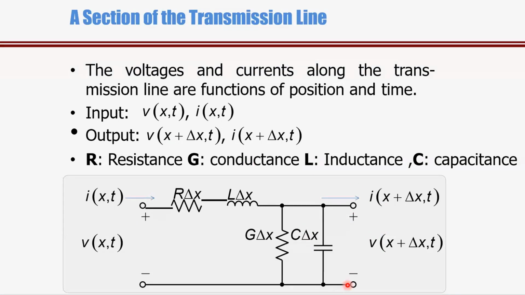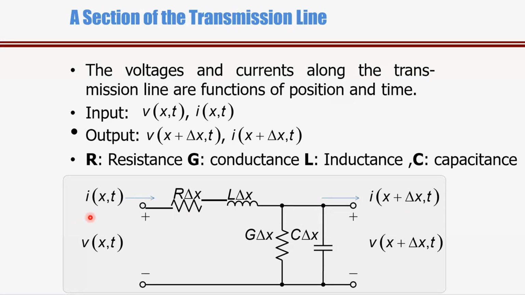We have considered part of the total transmission line, only a single part of the total transmission line, and that is of length delta x. So this transmission line that you are watching now is of length delta x. At the sending end, let us consider that the distance is at x equal to 0. And then at the receiving end, as the length of the transmission line is delta x, the receiving end will be at x plus delta x.